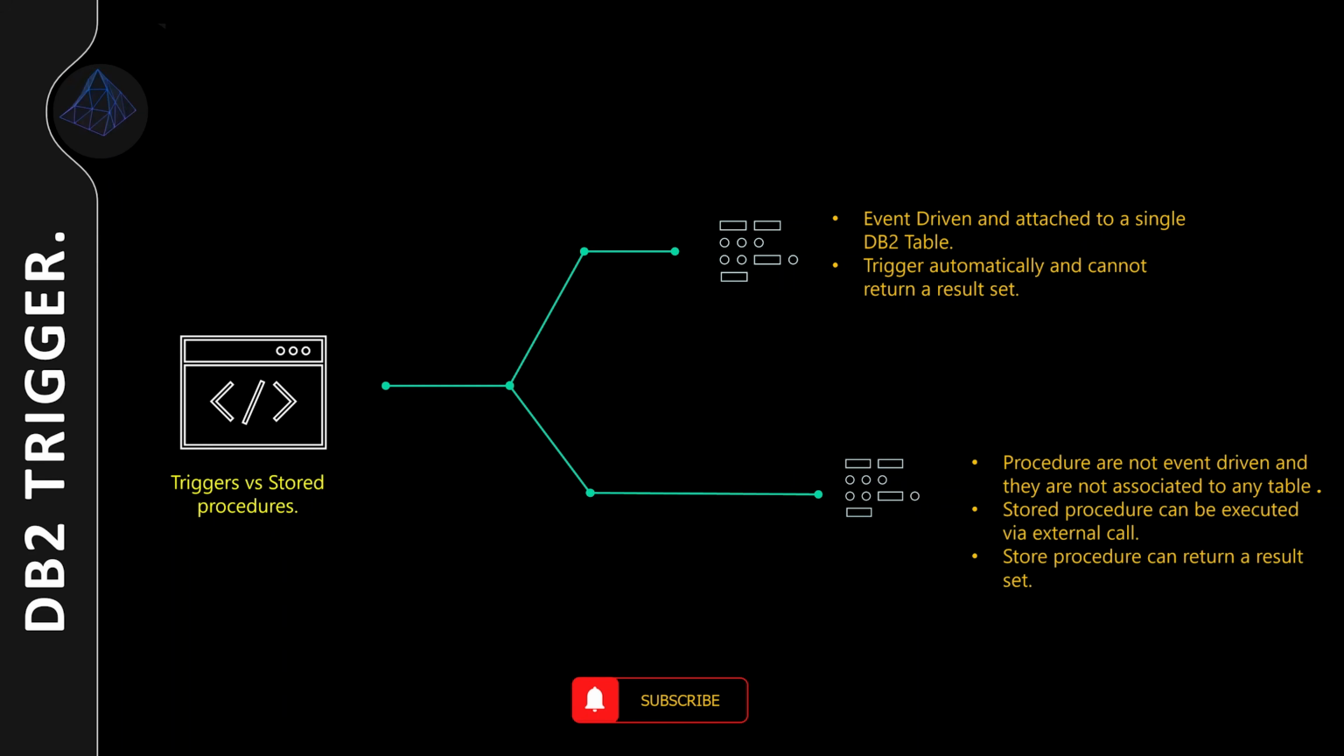On the other hand, you have stored procedures, and stored procedures are not event driven and they are not associated to any single table. A stored procedure can be executed via external calls, and a stored procedure can return a result set. So that is the basic difference between DB2 triggers and DB2 stored procedures. Now let's move on to our next slide and try to understand how you can create a trigger with the help